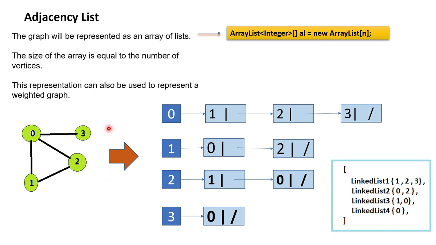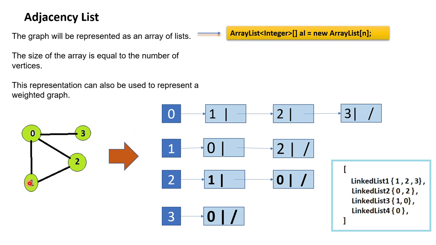So first, it is an array of lists. So 0, 1, 2, 3. In total I have 4 vertices. So I will denote this, and each vertex area will be denoted as a linked list or maybe an array list, where the connections will be mentioned. Suppose 0. 0 is attached with 1, 2 and 3. So I will form a linked list. There it will tell us first node as 1, then it is connected to 2 also, then it is connected to 3 also.